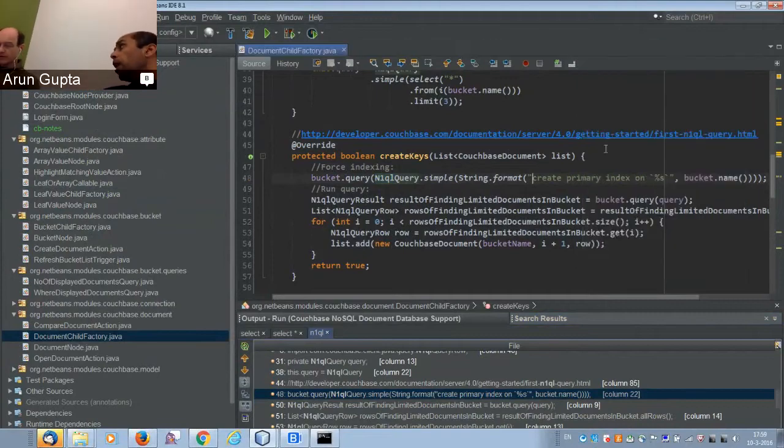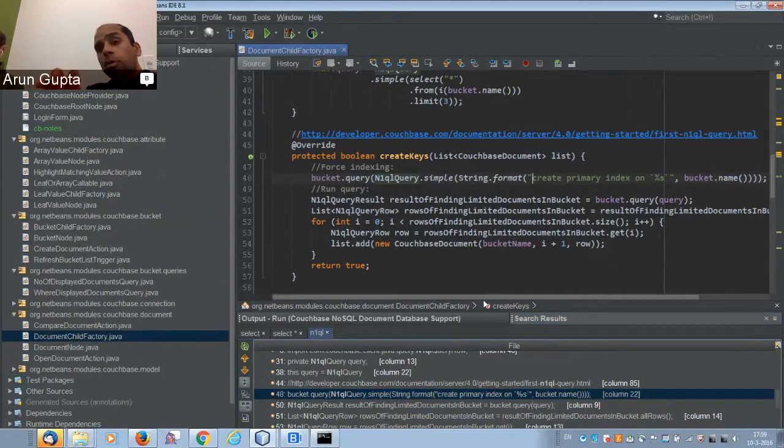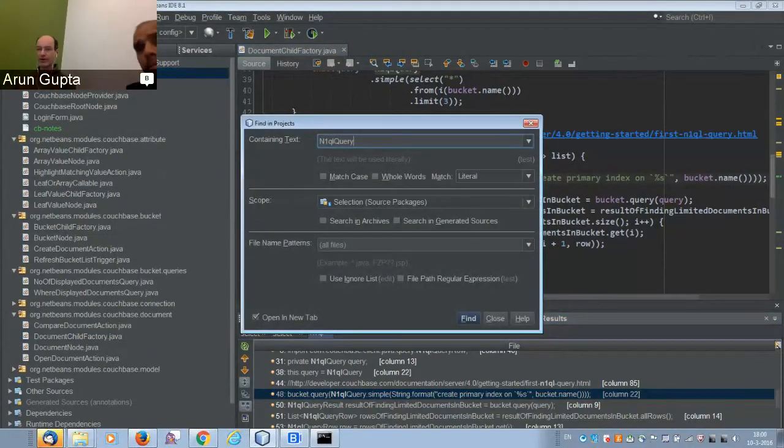So that's the point, Evan, you were making earlier, that you showed from Query Workbench. Gidgen tried it with CBQ, but ultimately from the NetBeans perspective, we need to do this from the Java SDK. Yes. So this is the code he's going to copy that query over here, and that way he can find out which buckets are indexed or non-indexed. Yes, and how they're indexed.